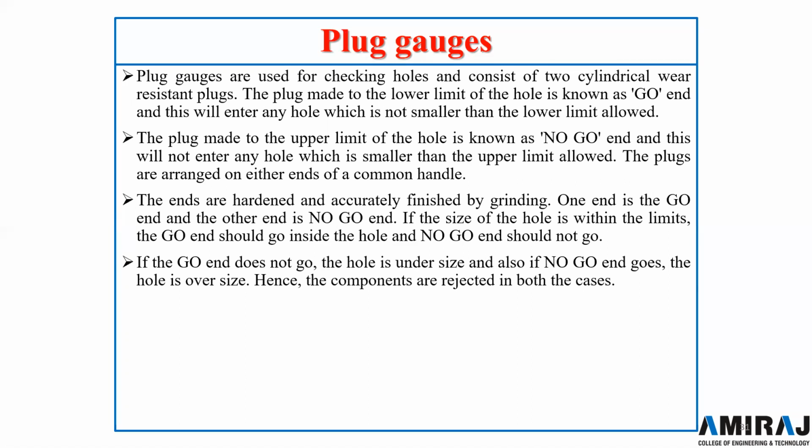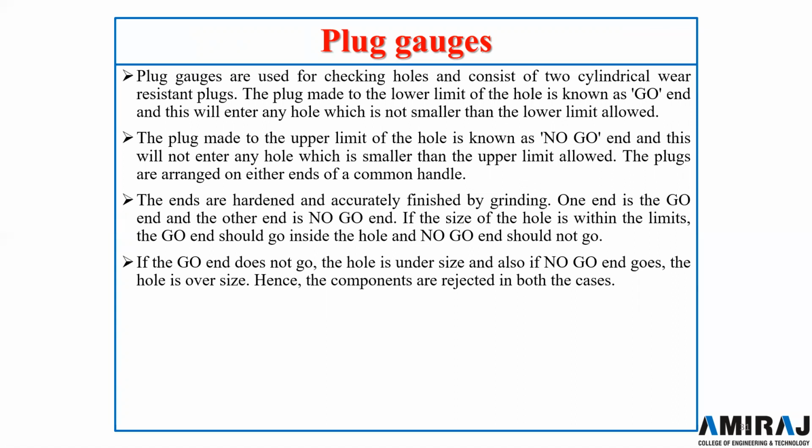And on the other hand, if the hole is smaller than that lower limit, the go gauge will not be able to insert or slide inside. Now the plug made to the upper limit of the hole is known as the no go gauge, and this will not enter any hole which is smaller than the upper limit allowed, which means we have fixed the upper limit,